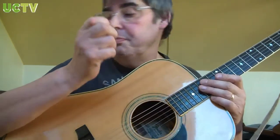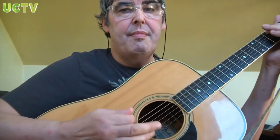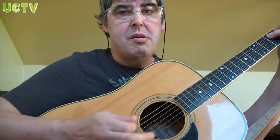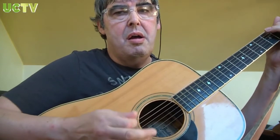Now, you can get a lot more advanced using the same notes. And if you want, you can use a plectrum, or you can just use your nail on that finger and just try and make more of a rhythmic tone by going. And there's lots of little ways you can do that. Now that's part of a 12-bar blues, but that's all we need to know for now. We've just got that first bit, so you've got something you can play. As you go along you can make several variations, which could be